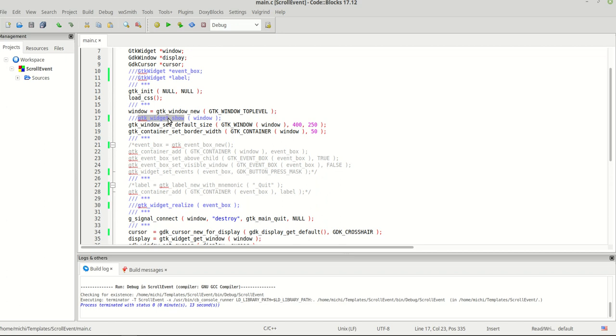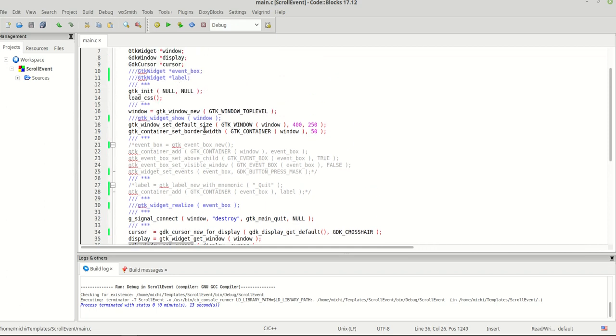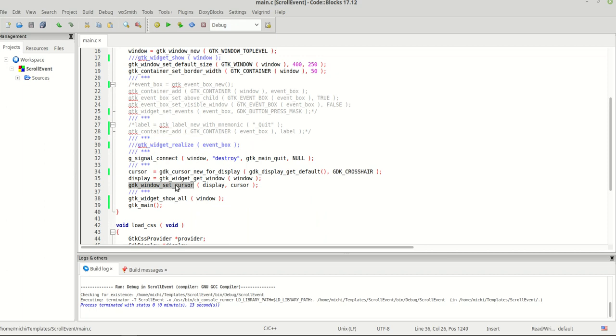realize, I'm not sure how to spell it. Sorry guys, anyway, it's not important now. After we did this part here, our GTK set cursor made those checks about the assertion of the window, whether it's true or not, and it failed because the window didn't exist at this point. So by working with this kind of function, you need to know that your window should have existed. Okay, this is not so bad, it's not so important now, but let me show you something which